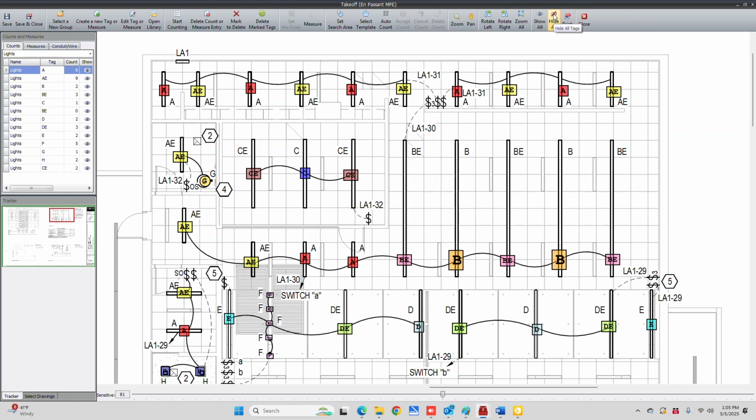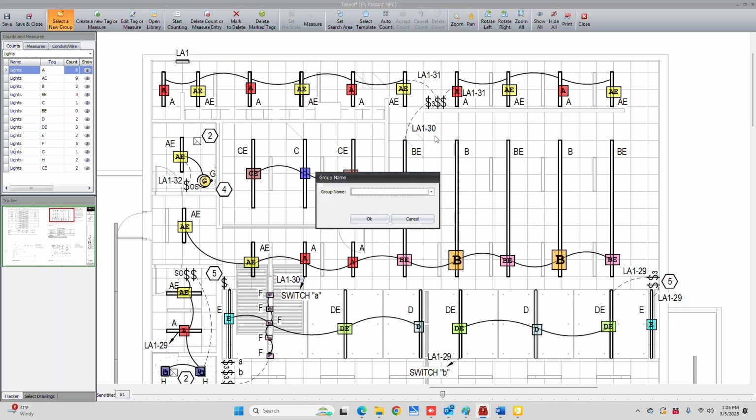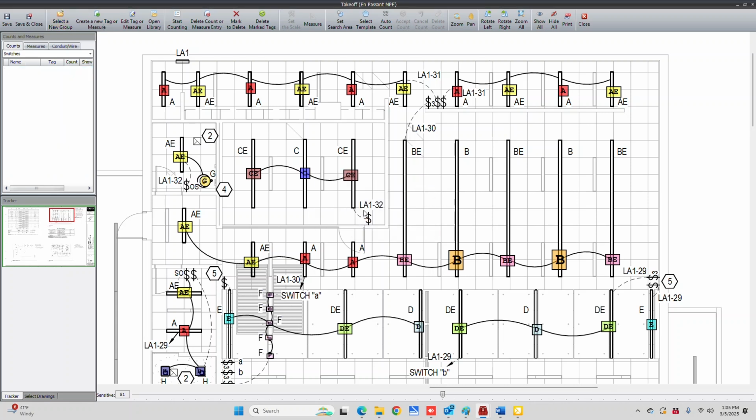I'll select Hide All. You want to do that before you move the page. This particular drawing, the power is on the same page, so it's not necessary to do that. But normally you would select Hide All. I'm going to put them back into play as we count the switches. So I'm going to create a new group. I'm going to call this Switches and